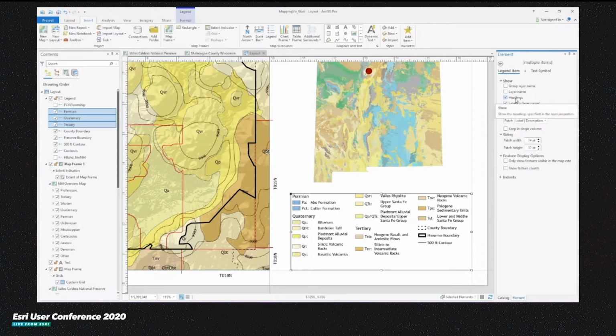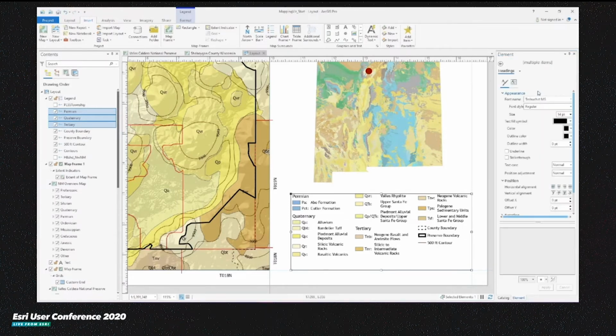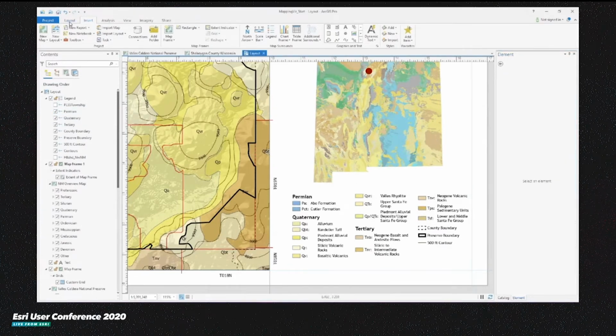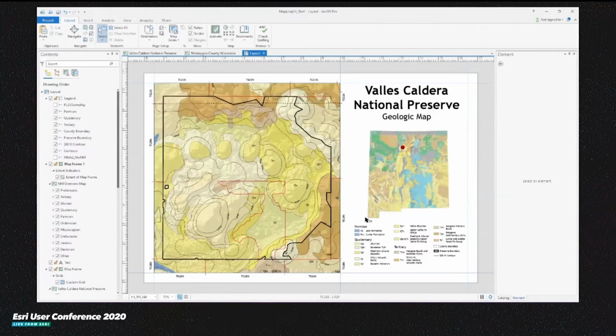I would like to make the headings stand out a little bit more, so I'm going to expand this drop down here and just select headings. So I'm looking only at the properties for the headings. I'm going to make them a little bit bigger, make them 16 point and bold so they stand out just a little bit better. And now I'm going to zoom to the whole page because there you have it. I've created a layout. However, this took a little over 10 minutes, and sometimes you just don't have that kind